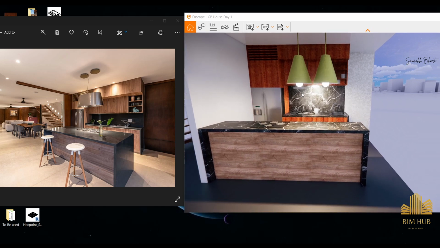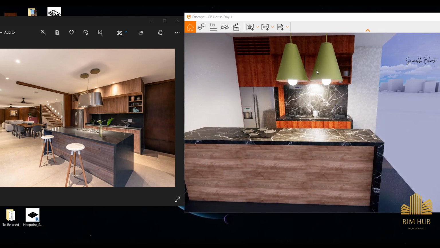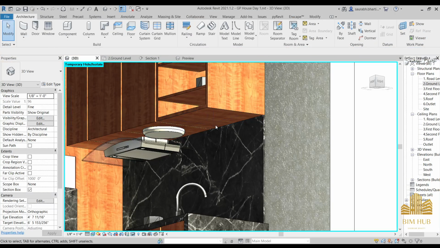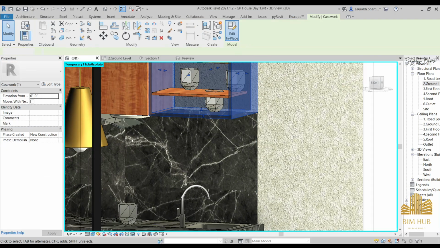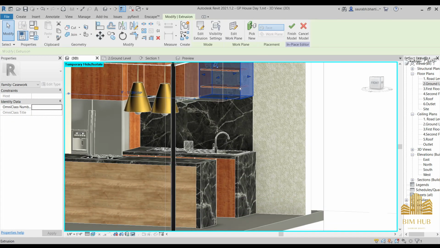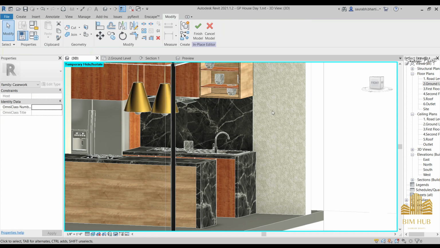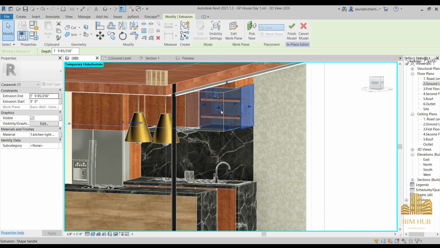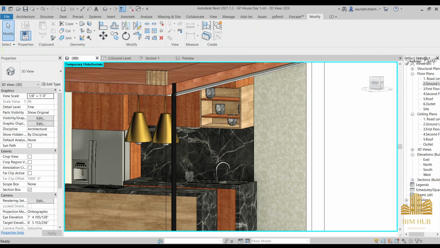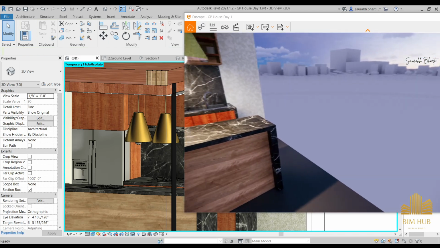Okay, so either you can use this material over here also. If you want to use that same material over there, we will have to change it one by one. I think this material is the same at this place and this place, and because of the lighting it seems a little bit different. So you can just select this material, go to edit in place, and instead of that just go to the kitchen wood, and we have this kitchen wood light. Just press OK, and now we have to change the color of it, but let me finish it. And now I can show you. I've just changed the material of one of the colors,